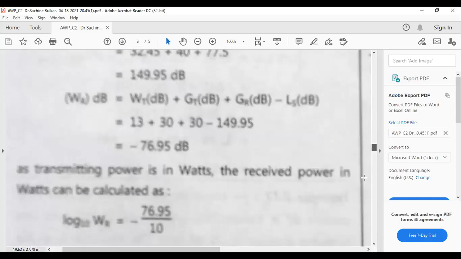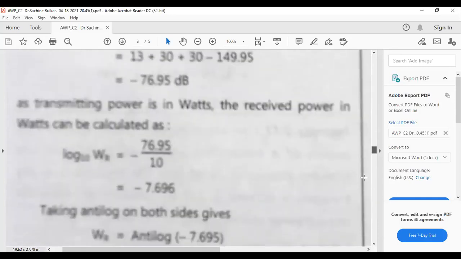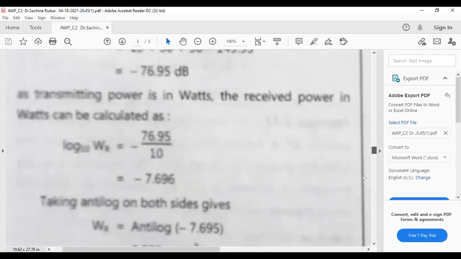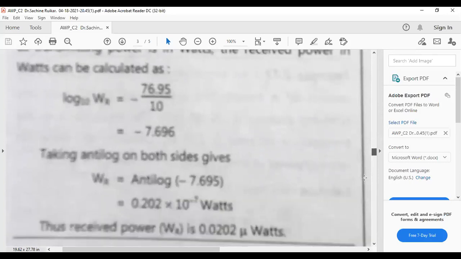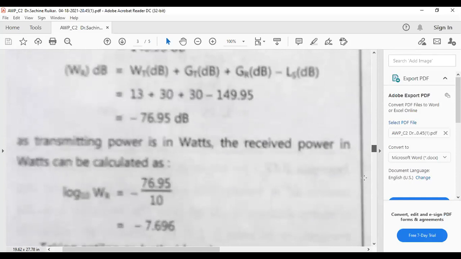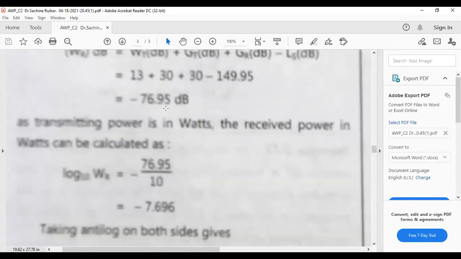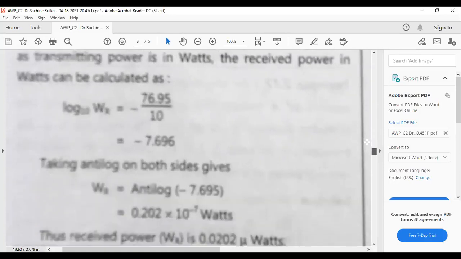So 10 log 10, again you are going to convert in terms of watt, because initially the transmitting power was given in watt. So how you can do it: whatever you are getting, divided by 10, you get minus 76.95. Here the transmitting power is in watt, so the receiving power must also be calculated in watt. 76.95 divided by 10, so you will get minus 7.696. So by taking anti